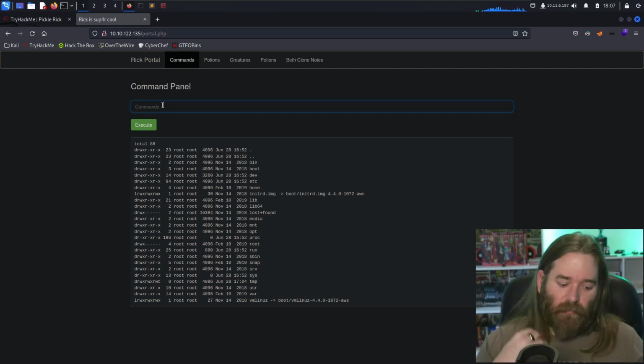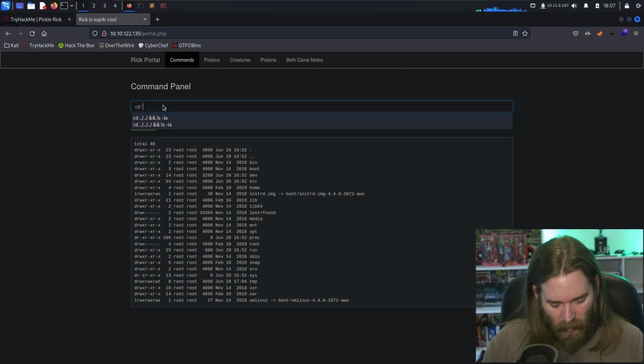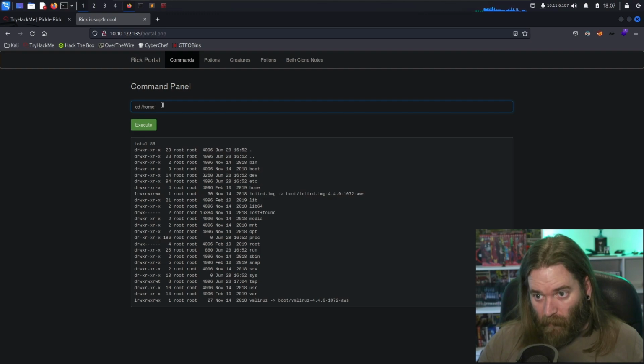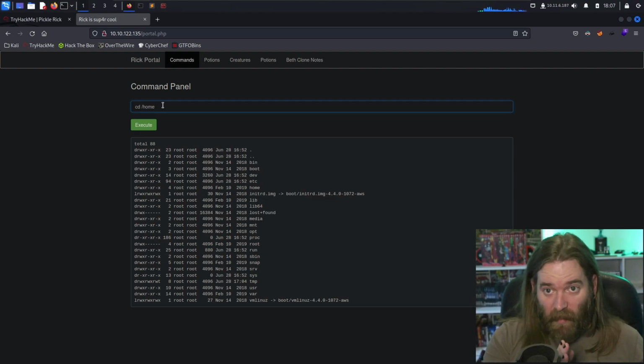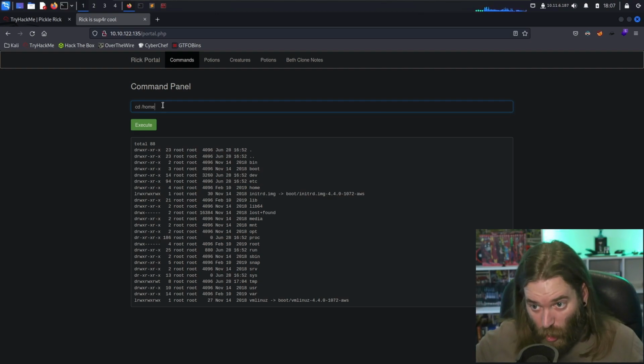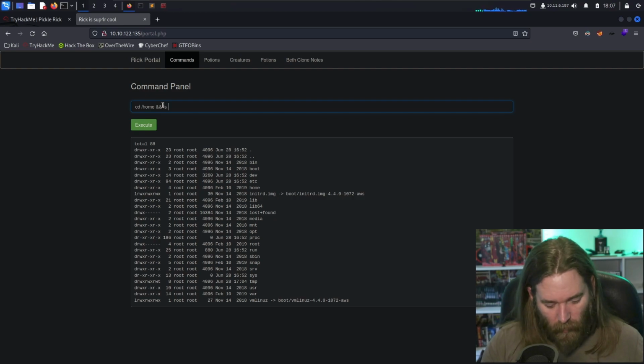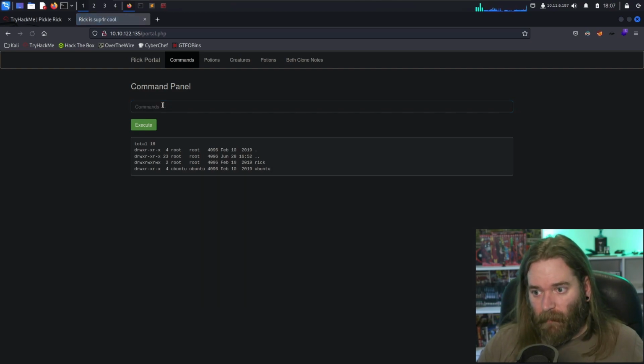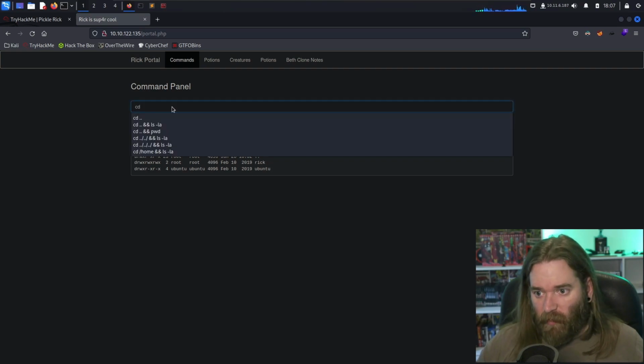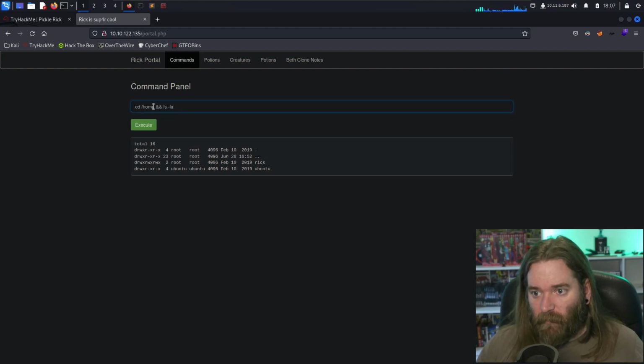So if we cd home, because we're just telling it to go for the absolute path, not the relative path from where we were, it'll just be easier. So cd home, and let's have a look at what's there, shall we? Fantastic, that works, lovely. So we have a Rick folder, or directory, I should say, use the proper terminology. So if we do cd home/Rick